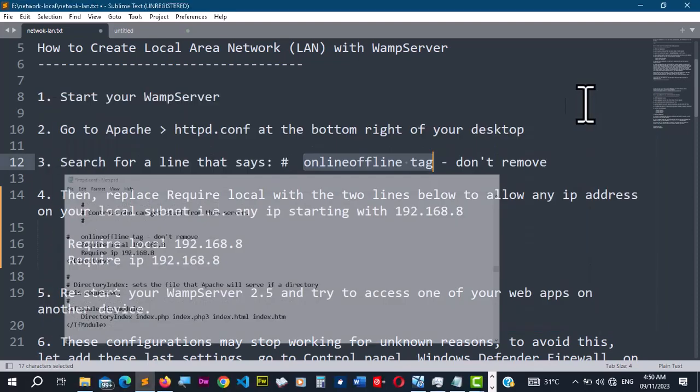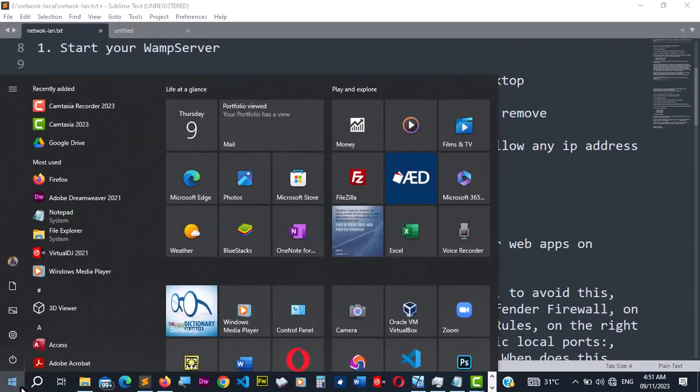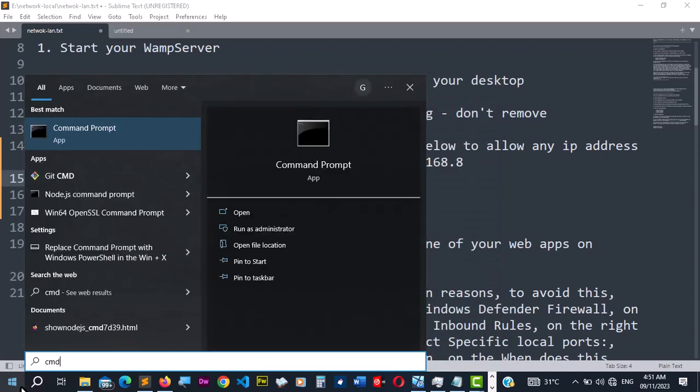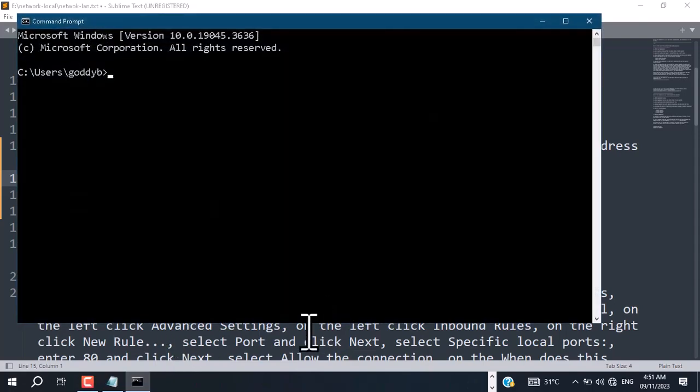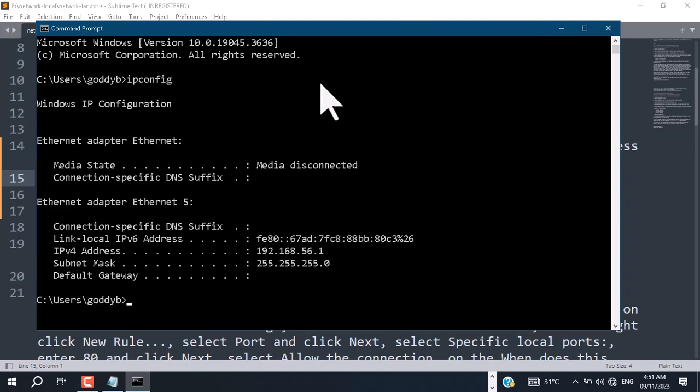So let's see how to find the IP of your current network. Currently my system is not connected to the network, but we are going to use the internal Ethernet IP. So click on the start button, just type CMD, click enter to open command prompt. On your command prompt, if you type ipconfig and click enter, you will be shown the IP of your current network